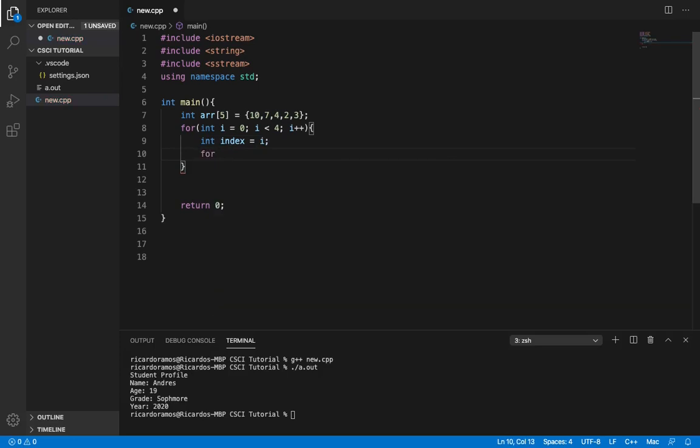And we're going to have another for loop, so we'll have a different integer, and j++ to update it. So inside this for loop, we're going to have an if,